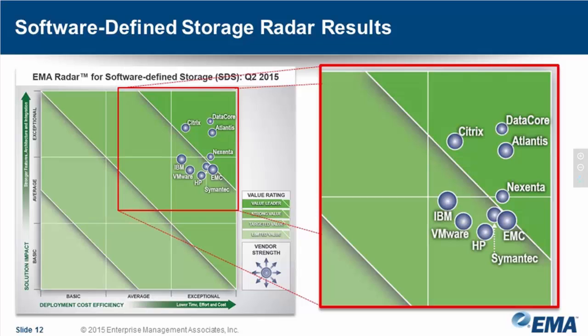radar report. You see a couple of different charts here. I'll focus on the one at the left at first. So this has the various vendors located on there, and you can see they're relatively closely together. And again, I think a lot of that has to do with my pre-selection up front of making sure I only chose vendors that were truly enterprise scale in their ability to adapt for software-defined storage. And you see there are two axes. The vertical axis is the ability of the storage capability to perform functionality, that's the Y-axis. The X-axis is actually cost